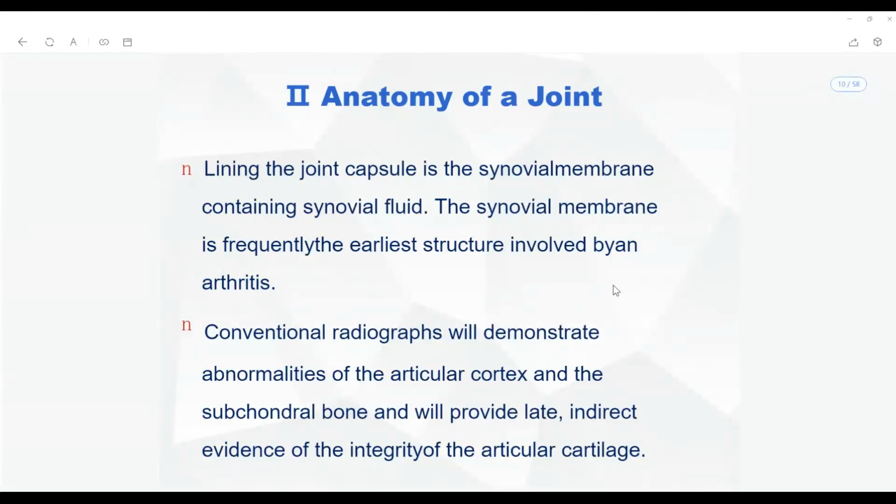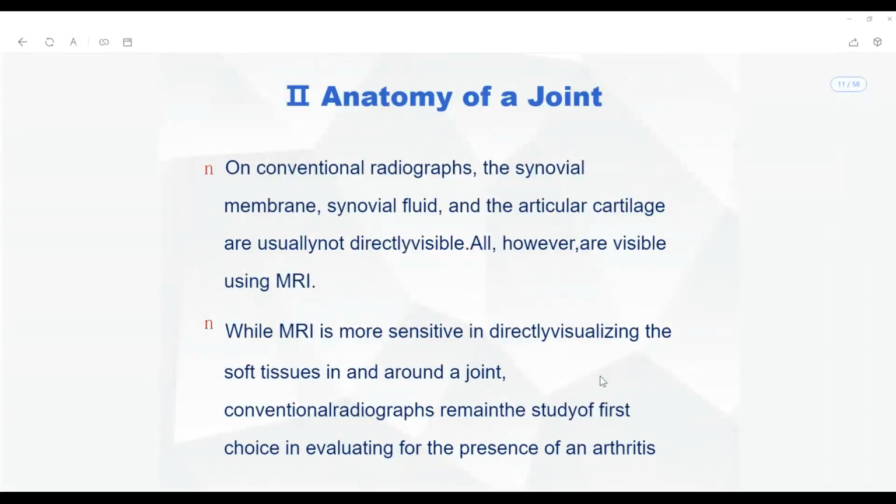On a conventional radiograph, the synovial membrane, the synovial fluid and articular cartilage are generally not visible, but they are visible on an MRI. Because synovial fluid, synovial membranes and articular cartilages are soft tissue structures, they are not visible on an X-ray unless there is a lot of inflammation. So even to find the minute changes related to these soft tissue structures, we prefer an MRI, and we always know MRI has more sensitivity,